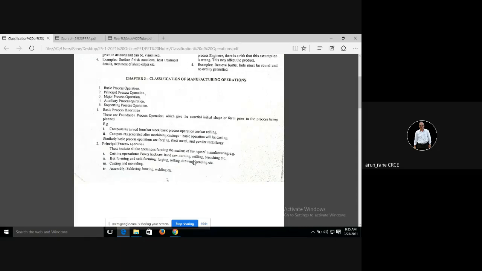So there the principal process operation is again cutting operation. Similarly milling and similarly broaching. So principal process operation is divided into four parts, like cutting operation. Cutting operation includes power hacksaw, bandsaw, turning, milling, broaching, etc.